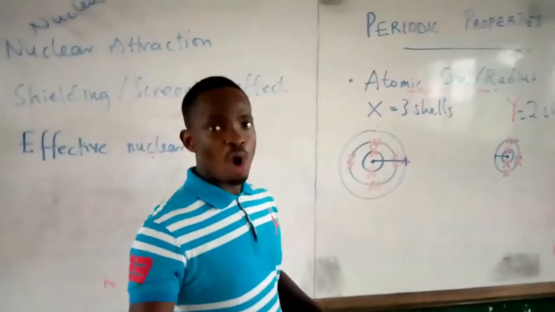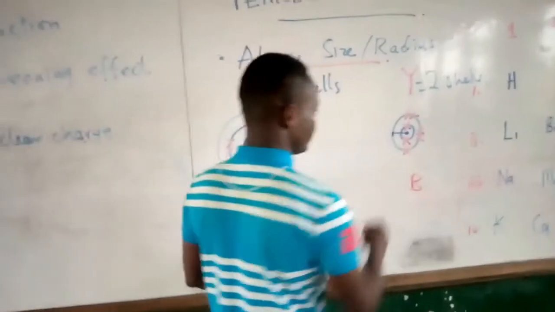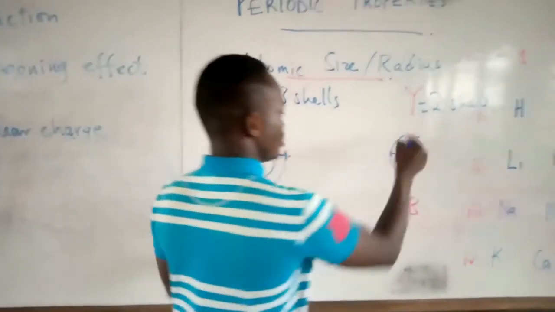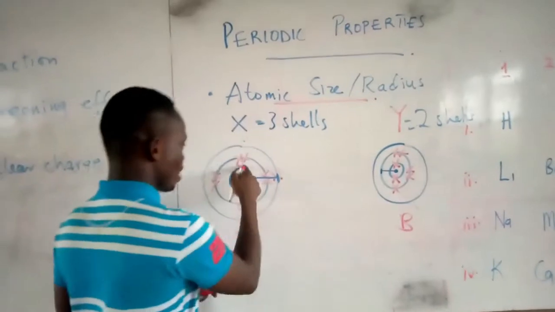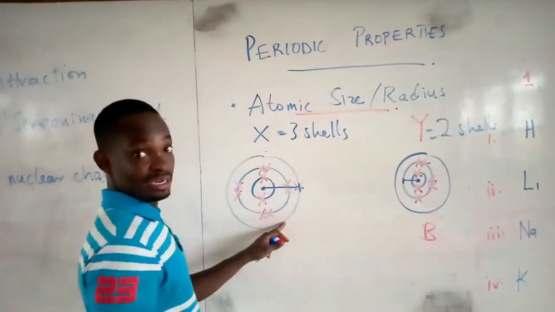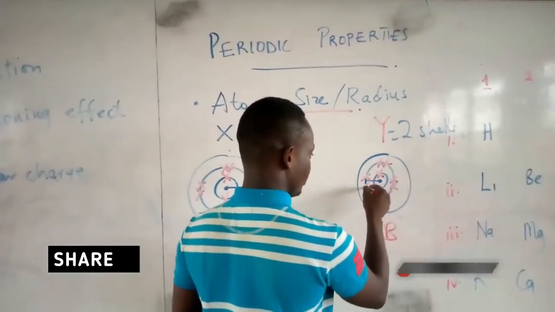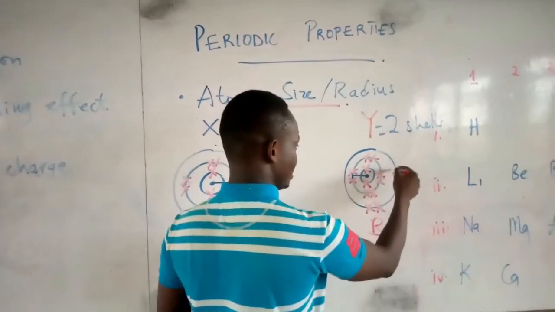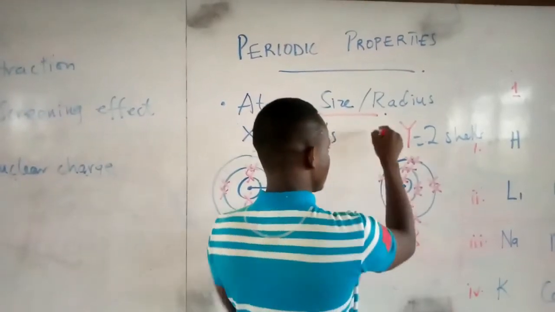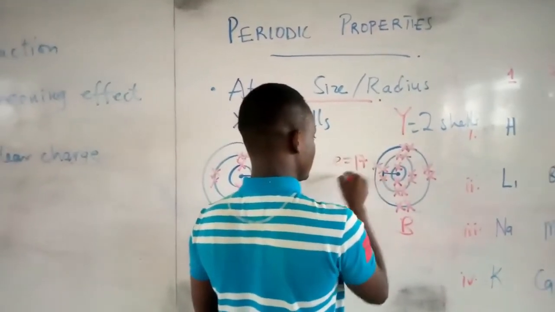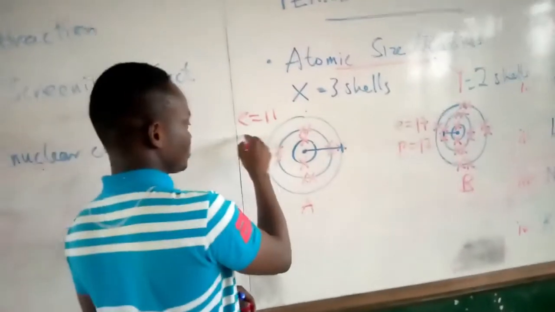Now let's look at the case where they all have the same number of shells. What happens? So I have element A, element B. Now let's add one more shell to this one. So we have 1, 2, 3, 4, 5, 6, 7, 8, 9, 10, 11 electrons. Here we have 1, 2, 3, 4, 5, 6, 7. Let's add more to it. So here has 17 electrons, 17 protons. Here has 11 electrons, 11 protons.